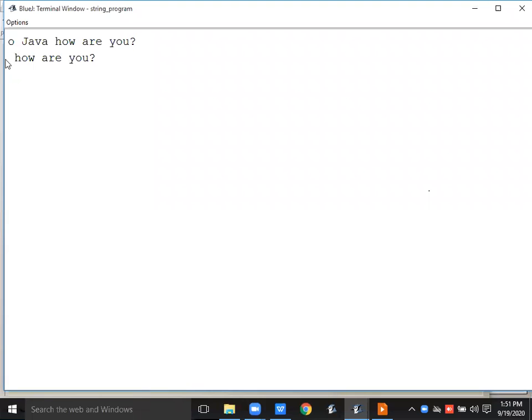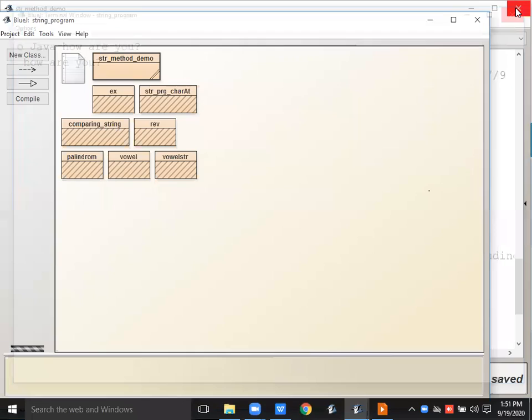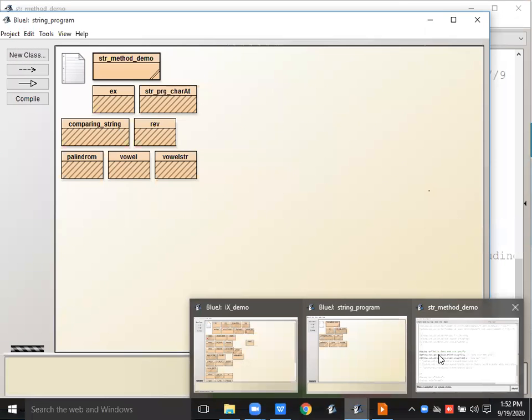See over here, how are you? Space is also there before, because we have fetched the string from the 10th position, and on the 10th index position we are having the space. White space is there, right? So this is the output.